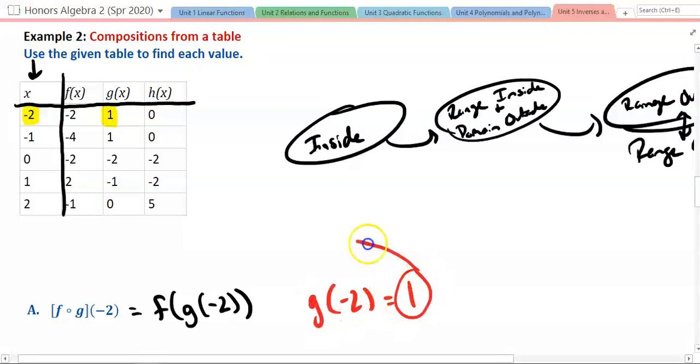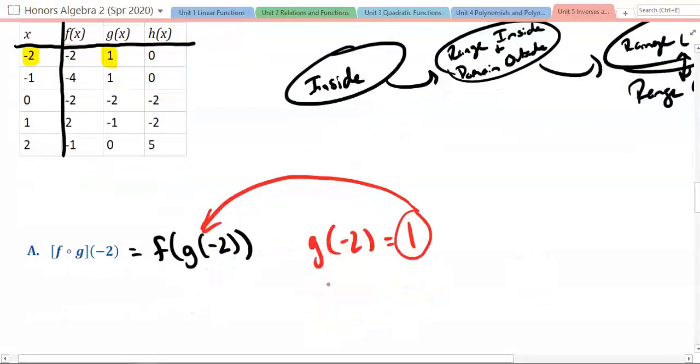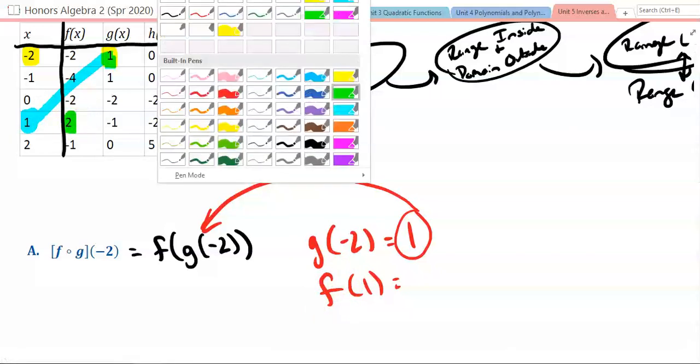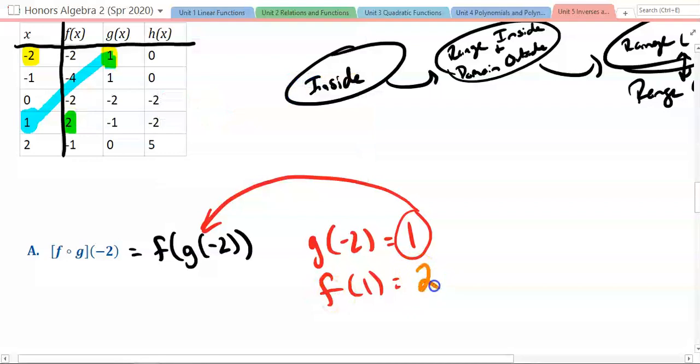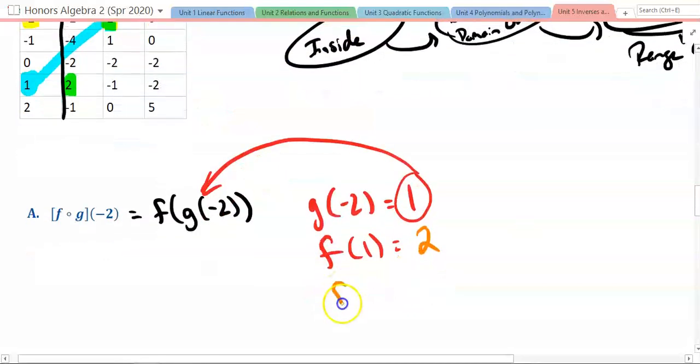Then I'm going to take this and plug it in here to now find f of 1. And so doing that, I'm now going to be going, so this is going to come here, right? Because that's now my domain of the exterior function that I'm doing. And which function am I looking at? I'm looking at the f function. And so that's going to give me positive 2. And so f of 1 is equal to 2, which means that f of g of negative 2 is equal